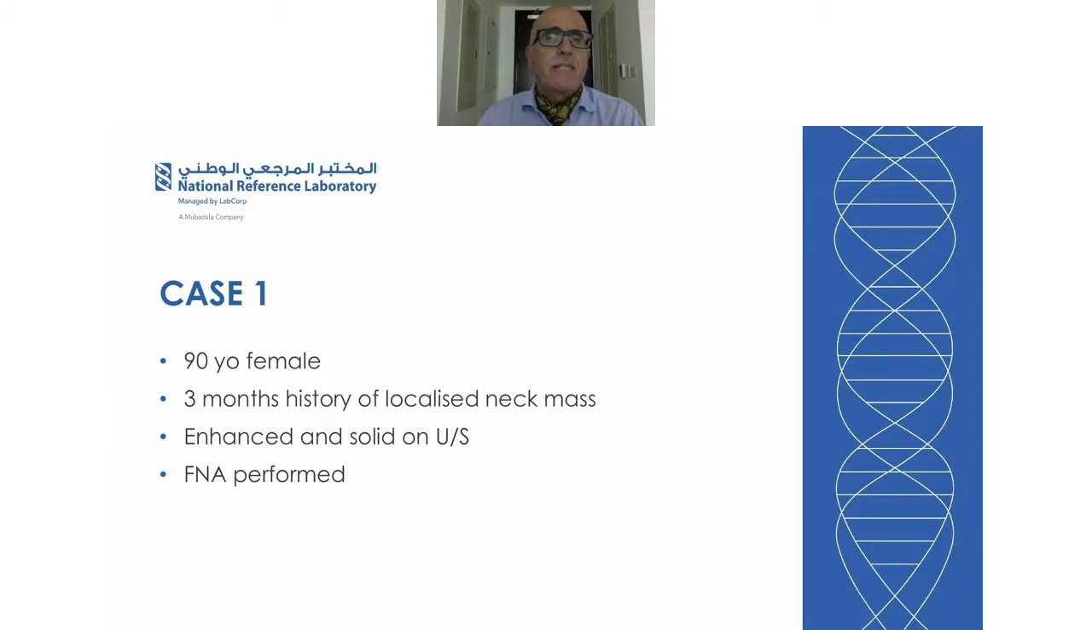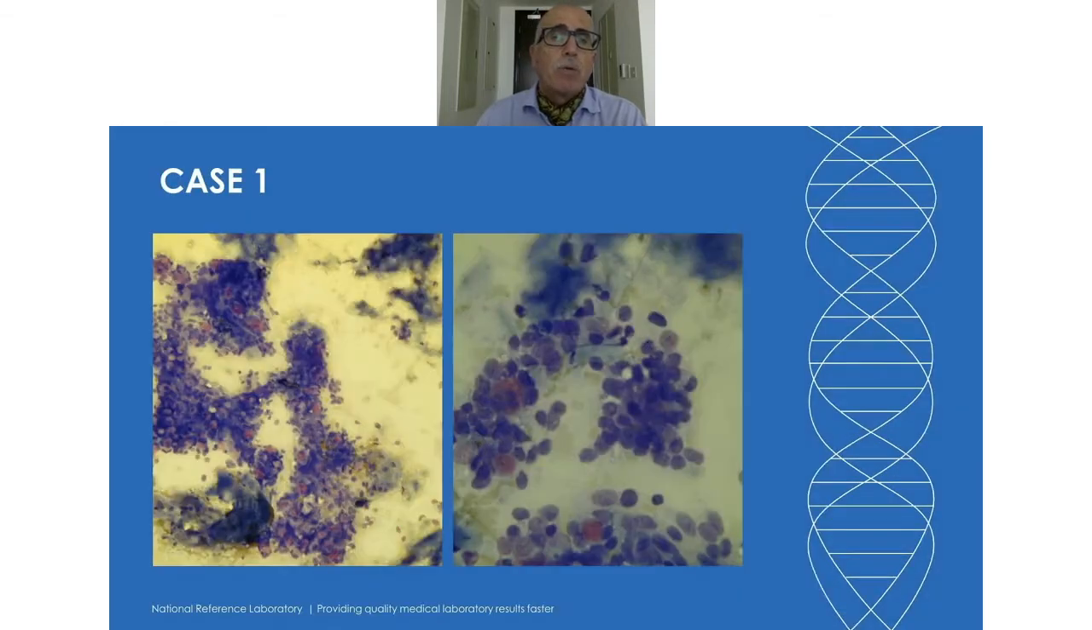So we'll start with the first case, which is a 90-year-old female with a 3-month history of localized neck mass, which was enhanced and solid on ultrasound. It was in the parotid area. The FNA was performed, and what you can see here, the cellular slide was an air-dried slide, which was, of course, stained with May-Grünwald-Giemsa. And as you can see, it was very, very cellular with clusters of these dark basaloid type of cells with dots of metachromatic material, which was globular, not particularly fibrillary, and